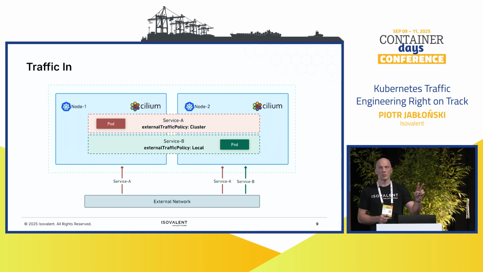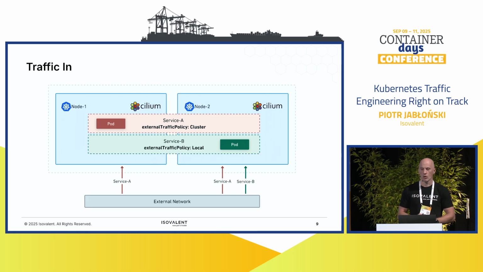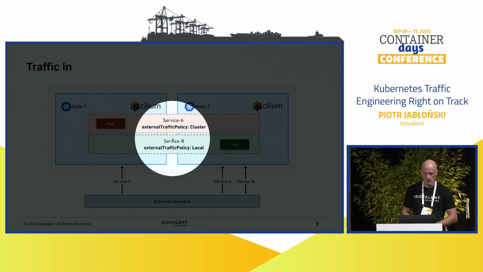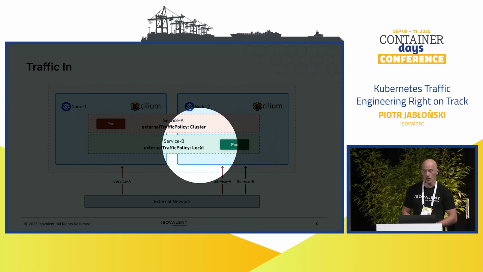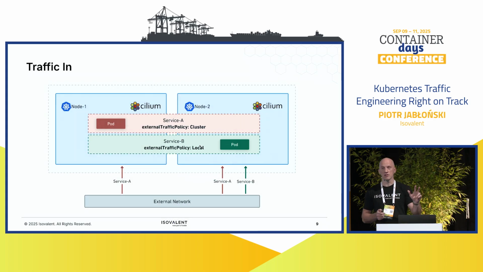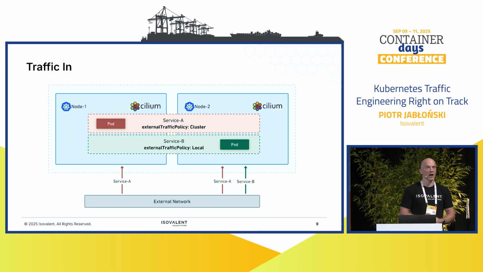Essentially, there are two major algorithms or strategies called external traffic policy, which can be tied to the service. So we can have cluster or local. There are three characteristics each of them have, and I will, of course, list them all. Let's start from the first characteristic. The first characteristic is that